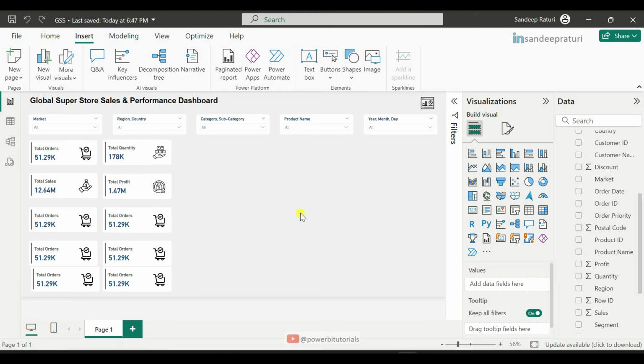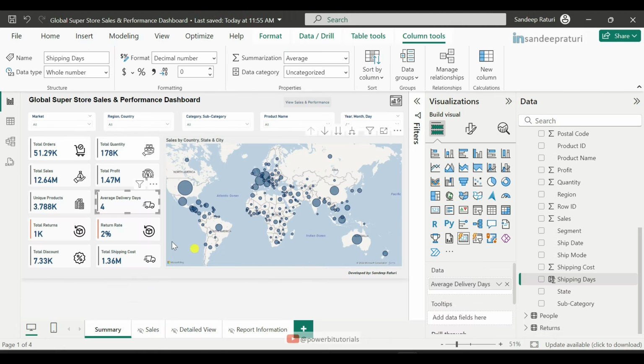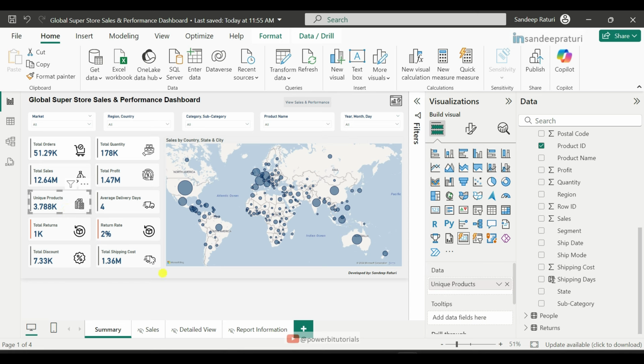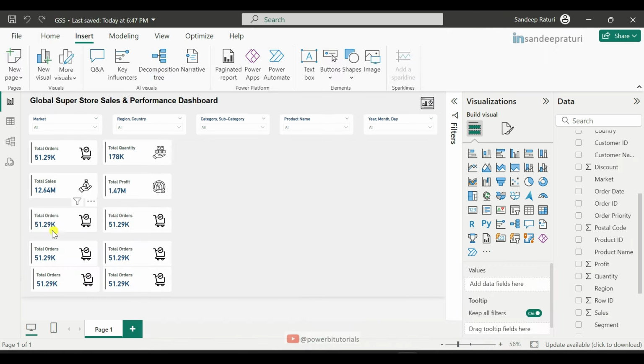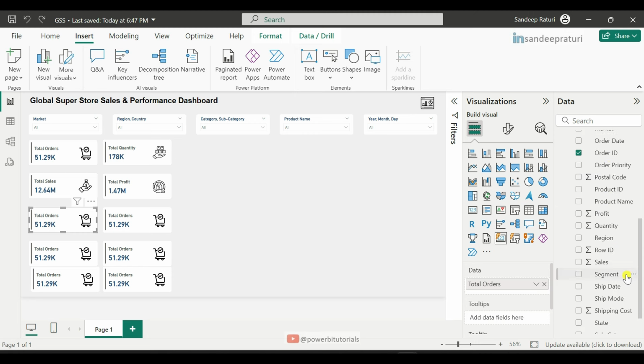Now let's move to the fifth KPI. So let me check the fifth KPI. So here you can see the fifth KPI is unique products and then we have average delivery days. So go to the Power BI practical file and select the fifth KPI. So for unique products, we will count the number of unique product IDs. So for that, from the orders table, drag the product ID into the data section and remove total orders, and right click on the column name and select count distinct and then change the column name. This is unique products and now we will change the icon for unique products.